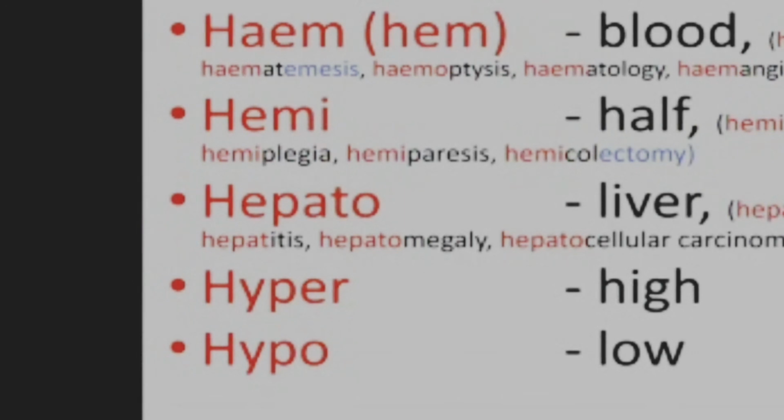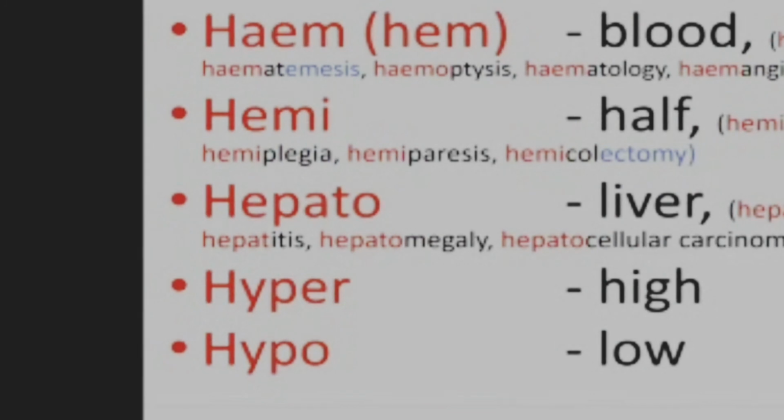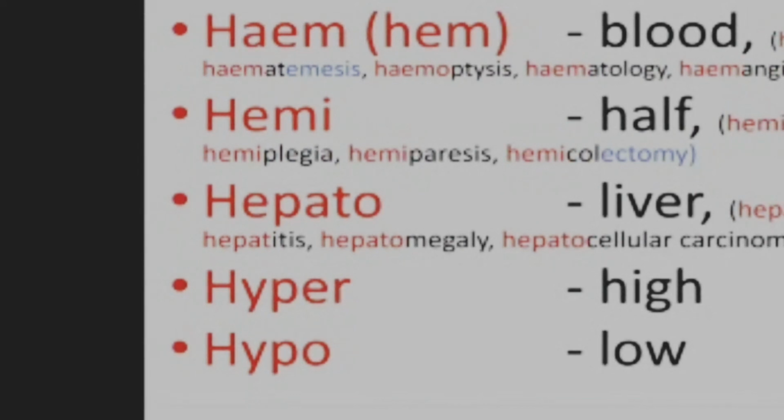Hemi, half, like the world is divided into two hemispheres, eastern and western hemisphere. Even our brain is divided into hemispheres, left hemisphere and right hemisphere, which have different kinds of skill developmental parts. And those who excel in logic have the left hemisphere, and the right hemisphere